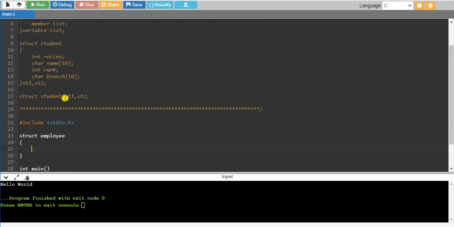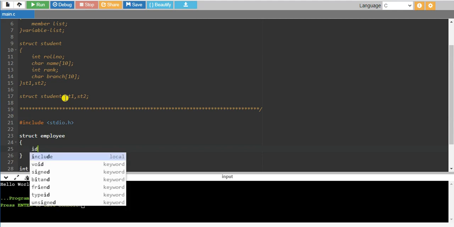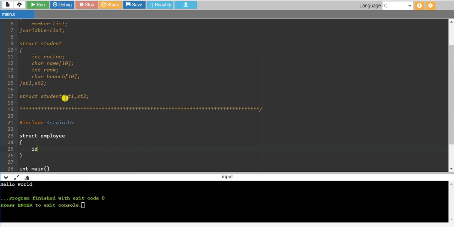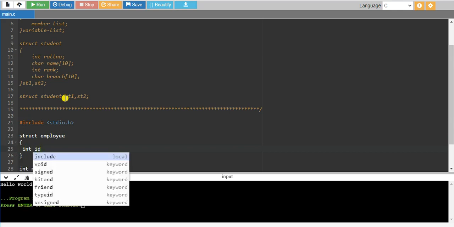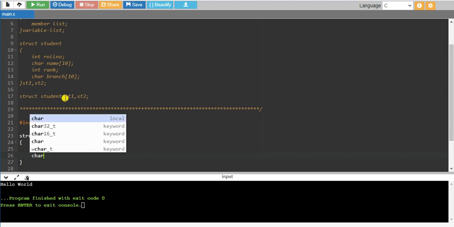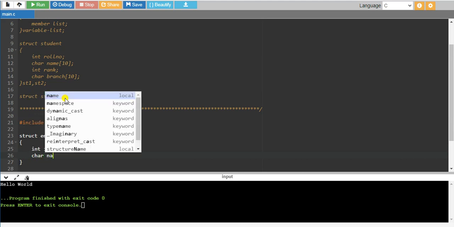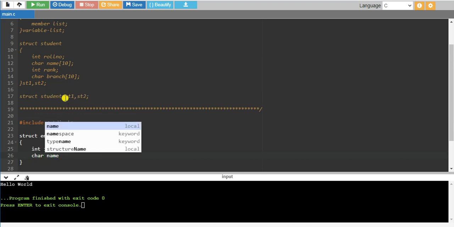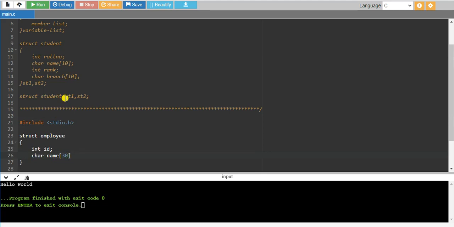Under this, I am creating id of integer type, int id. Then we have char name, that is for the name of the employee, of maximum size 30.